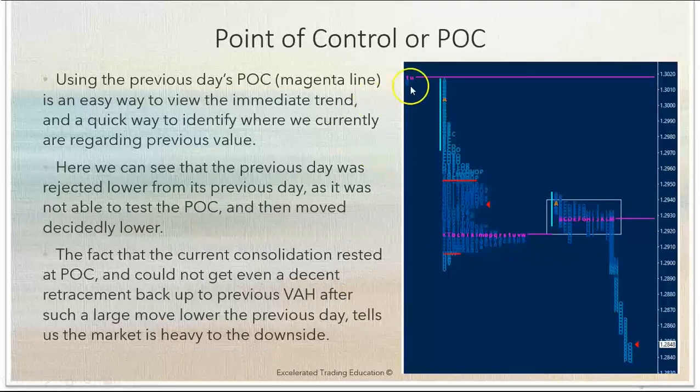So the fact that it couldn't touch value, right? Because let's say we're looking at this when we're doing our market prep and we're trying to figure out what the market's up to, say we're in here in the morning time. We see that this day was rejected lower from the POC, wasn't able to intersect that, so we take that as a definite sign of weakness. Broke down, moved down, very large range expansion to the downside, and especially where value essentially closed towards the lows of the day, right? And then the next morning,